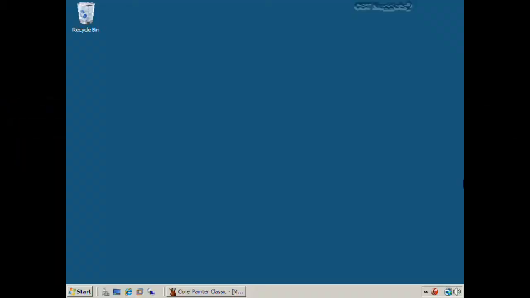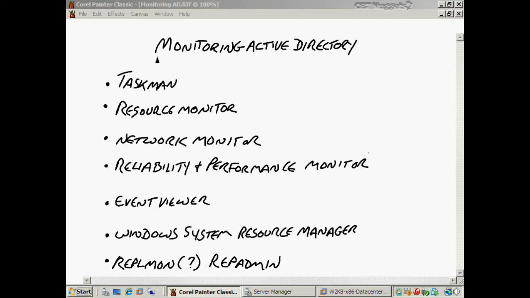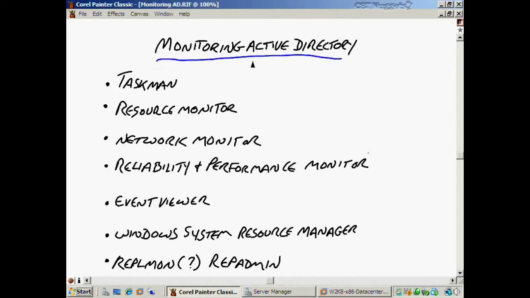Monitoring Active Directory. Okay, in this nugget, we're talking about monitoring Active Directory, and that's the way the exam objective reads, but in reality, it's more than just monitoring Active Directory. It's monitoring a lot of things relating to memory resources, CPU utilization, disk utilization, all different other kinds of things that Microsoft kind of lumps all together into Active Directory, but it's not really just Active